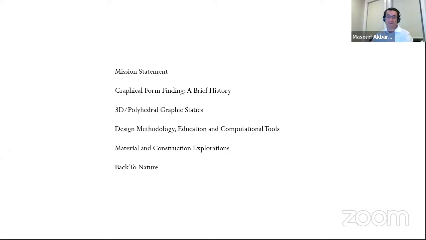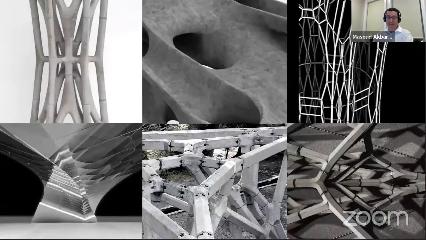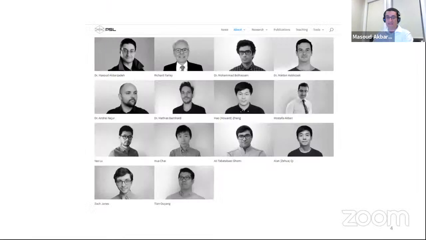And then review some of the design methodologies and tools that we've been working on in the lab, and the application of those tools as design manifestations. And then at the end, I would conclude by getting back to the natural structures and see what we can learn from nature. So I established the Polyhedral Structures Lab in January 2017, and basically, it is a small group